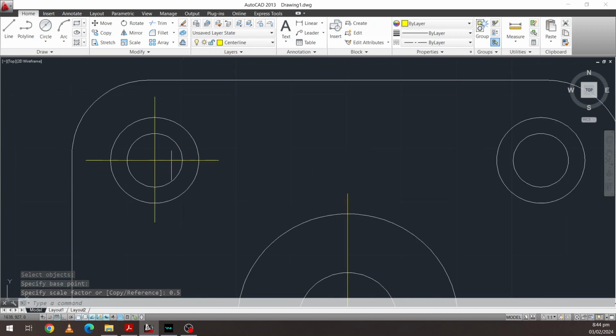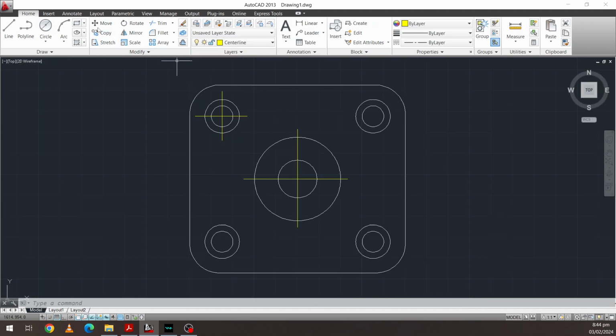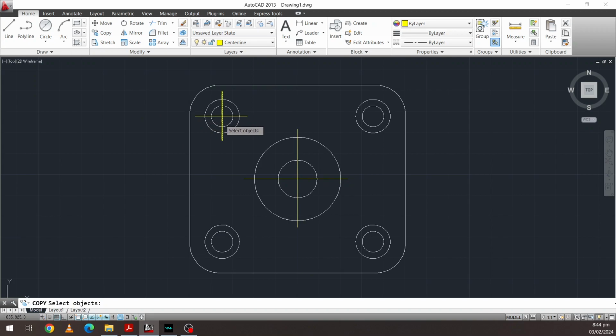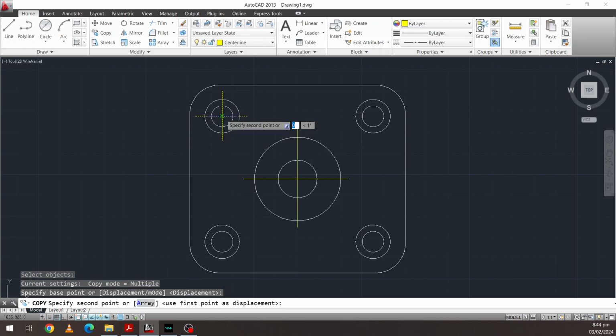Yeah, this looks good enough. So I can now copy these ones to my other three corners. So choose the copy command, choose those two as your objects, press enter. Then you need to copy them from center to center. So choose that one, copy